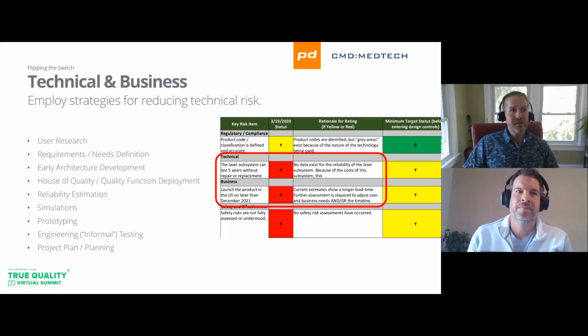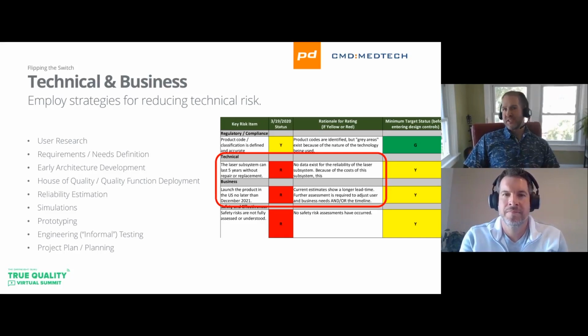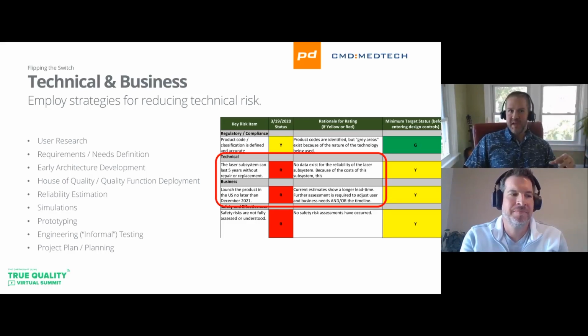So, moving on to technical and business risk. I lumped these two together here. Technically all the risks that we put on this risk signal chart are business risks in a way, but usually what I put in business risks are things like internal milestones or particular financial goals. In technical risks, what people usually think of first is feasibility or research, like making sure that our prototypes are going to work like we expect them to,